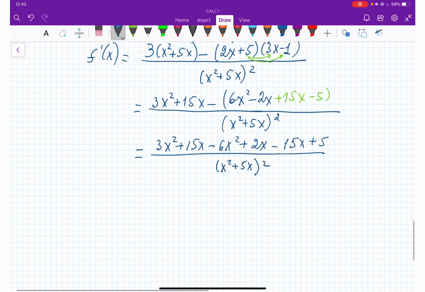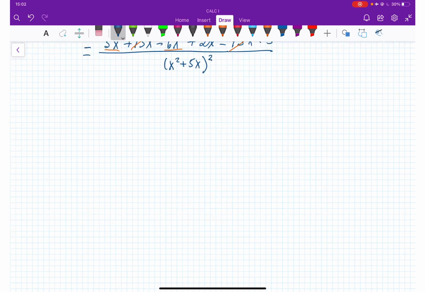All right. So lastly, if we combine like terms and cancel 15x and negative 15x, we are getting the answer. So it's going to be negative 3x squared, right? Like terms, this like term and this like term, negative 3x squared plus 2x plus 5 over x squared plus 5x